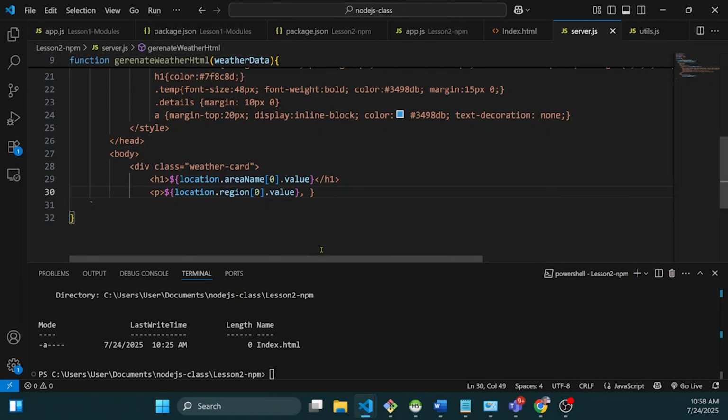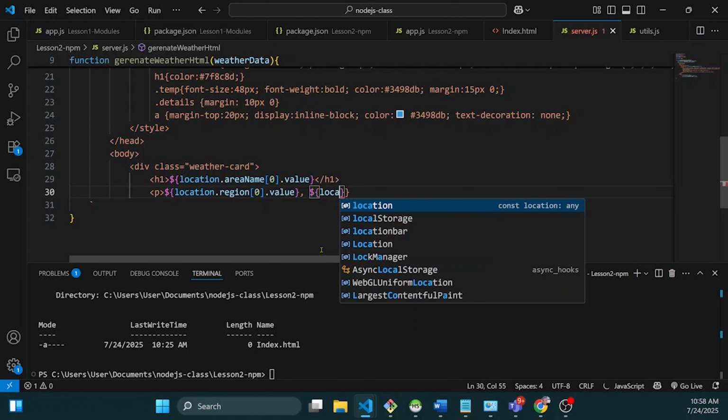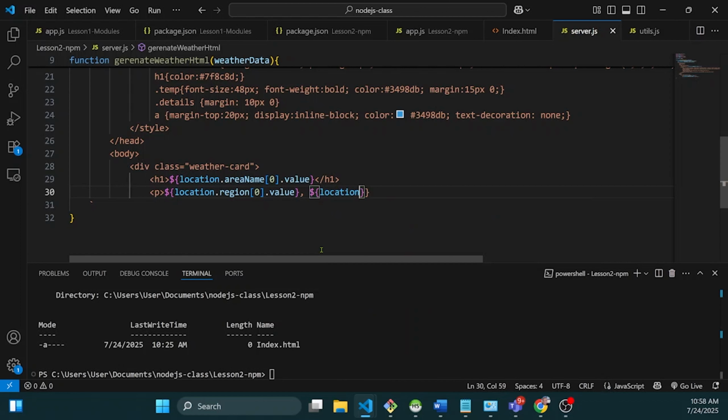So we're going to have location dot country, the value, and then we must just close